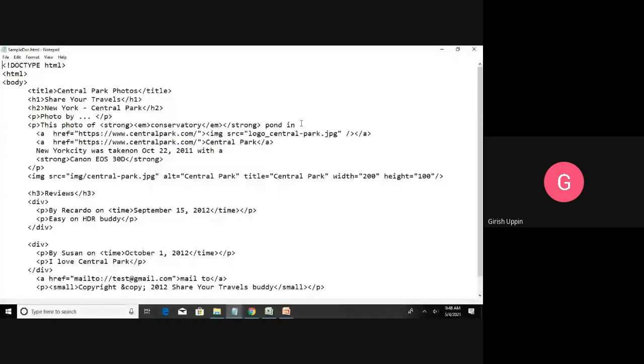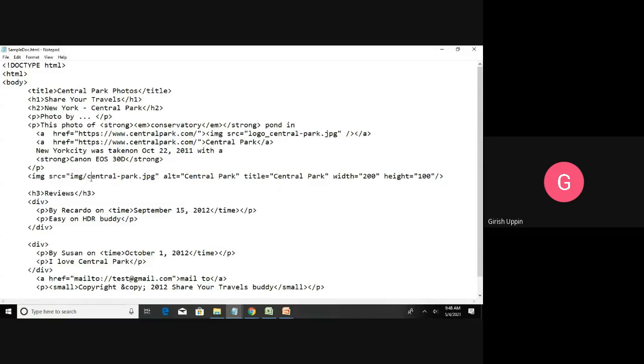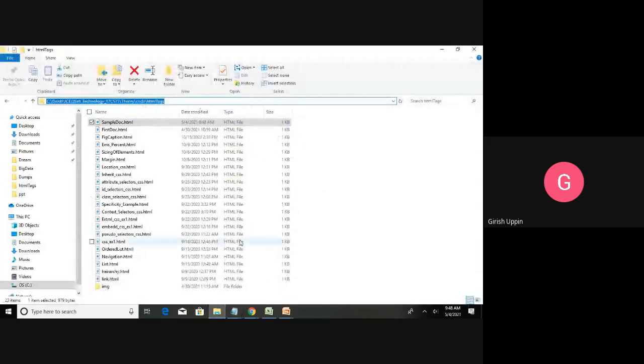You can see this is the image. I have specified the width, I have specified the height, I have the title as Central Park and the alternate text Central Park. Then the source, img. I have a folder called img, and inside that I have this particular image. So let me open this HTML in the browser.